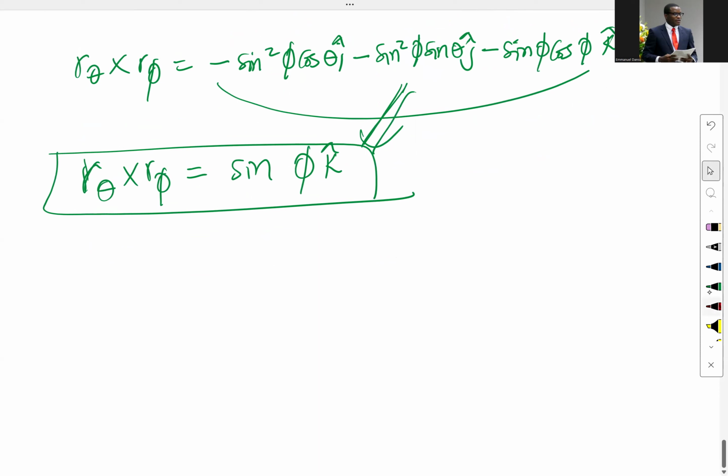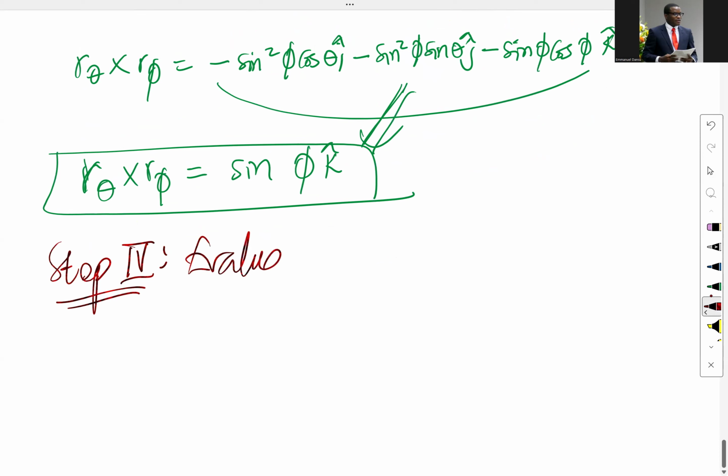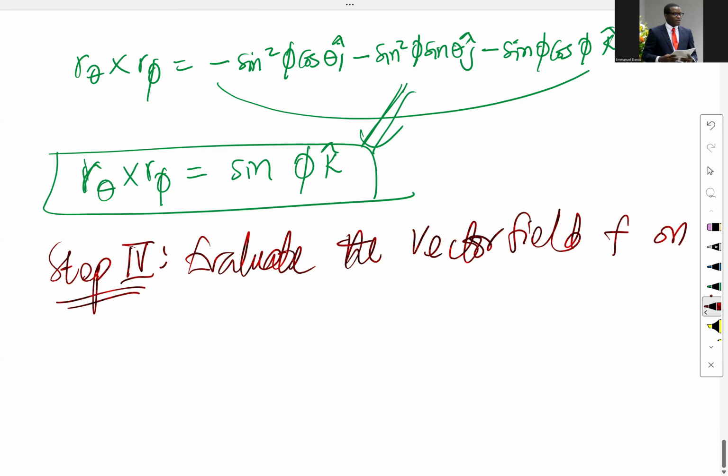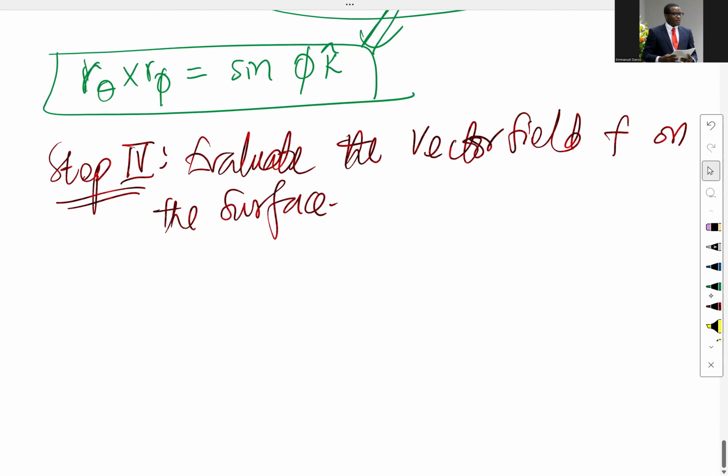I guess I'm gonna change marker now. Step 4. And in step 4, we evaluate the vector field F on the surface. So, talking about the surface now, we just have